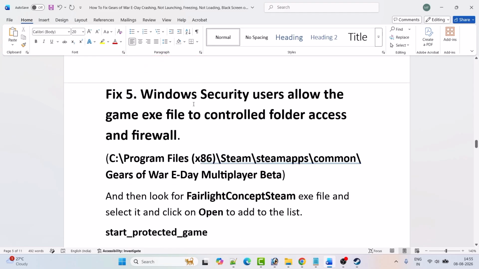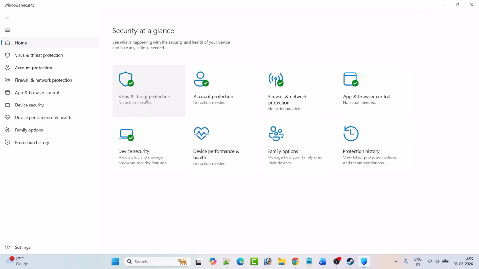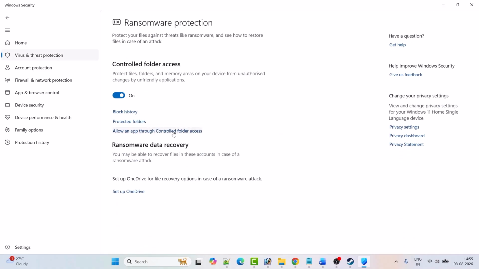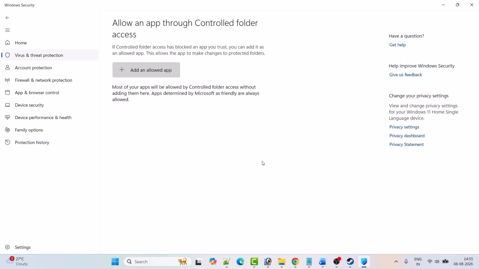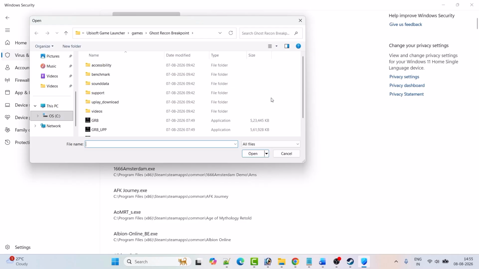Fix 5 is to use Windows Security to allow the game exe file through controlled folder access and firewall. So in Windows search type Windows Security and open Windows Security. Click on virus and threat protection. Scroll down, click on manage ransomware protection. Click on allow an app through controlled folder access. Click yes to allow. Click on add an allowed app, browse all apps, and then browse to the game installation